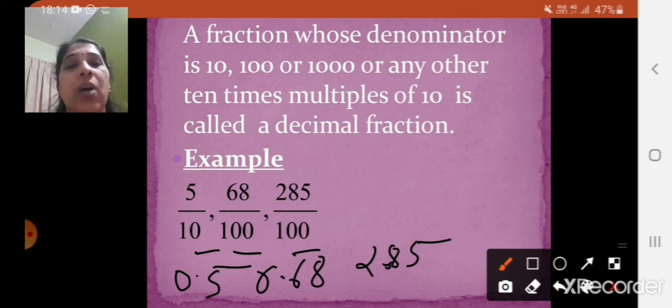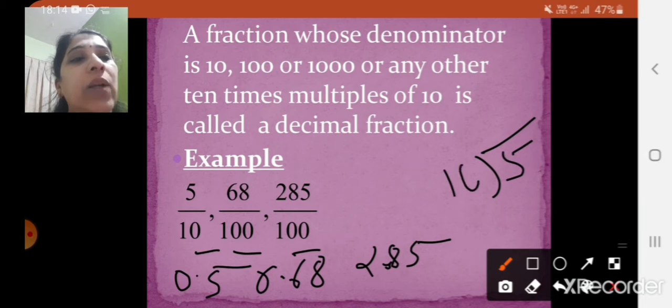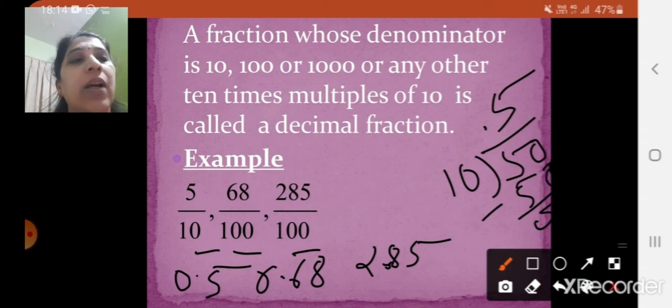And you can also do it another way, children. Now 5 upon 10 is there, so you can carry out simple division. You will write 5 and divide it by 10. Now 5 is not divisible by 10. So for taking a 0 near the 5, for making it 50, you will put a decimal point and take a 0. Now 50 is divisible by 10. Yes, 10 fives are 50. So you get the remainder as 0. So if you take a decimal place, only then can you complete the division.